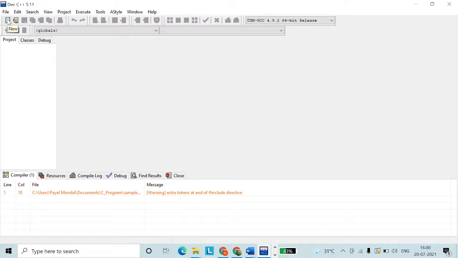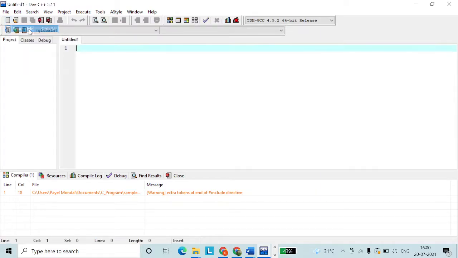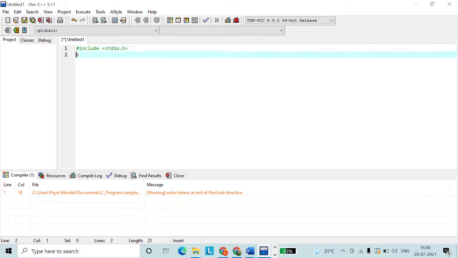Let us create a new source file and write the normal required header file, stdio.h. Then let us start with main, which is the important starting point of the program.